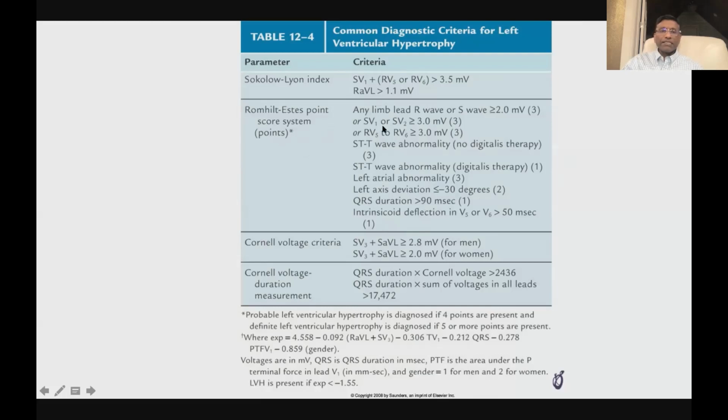This one's quite easy, even though it looks like multiple criteria. It's not that hard to remember. Remember that if you have significant voltage, and that's 30 millimeters, if you were to add up the S in V1 and the R in V5, or V2 and V6, and you get to more than 30 millimeters, you're going to get 3 points. If you have,